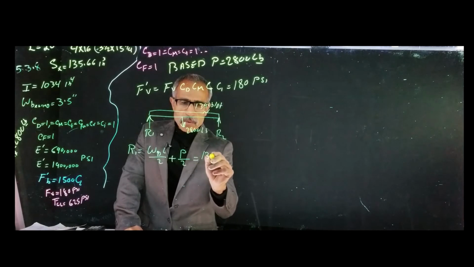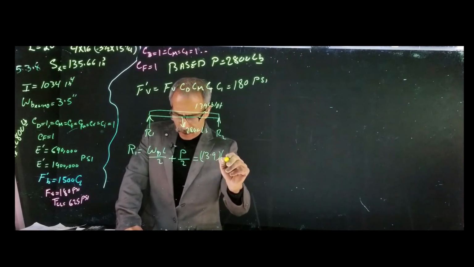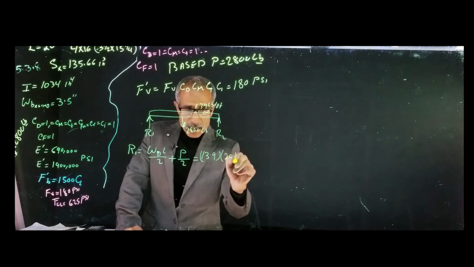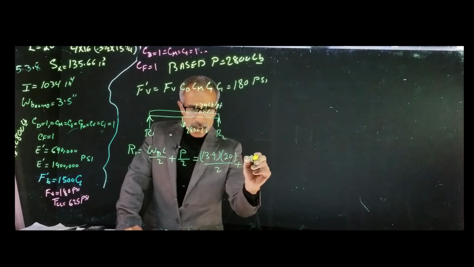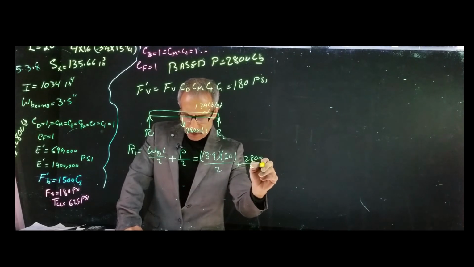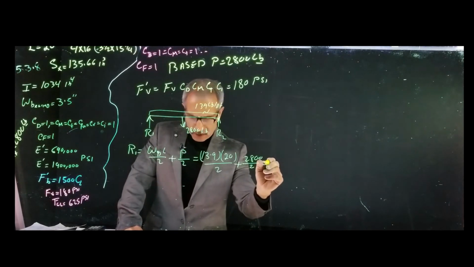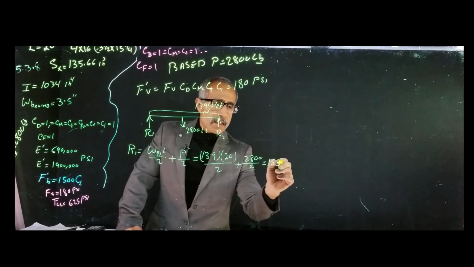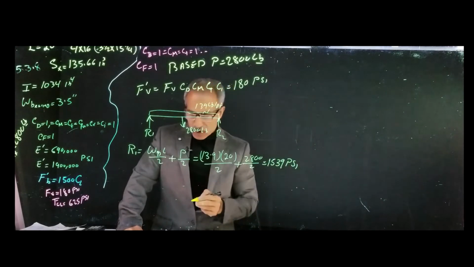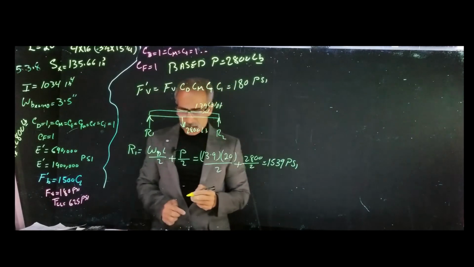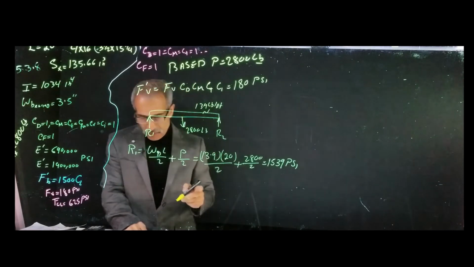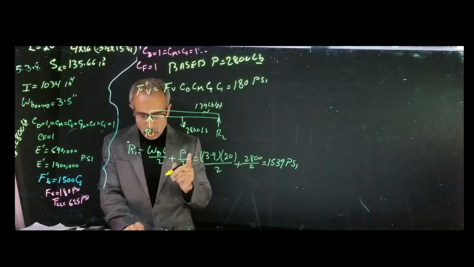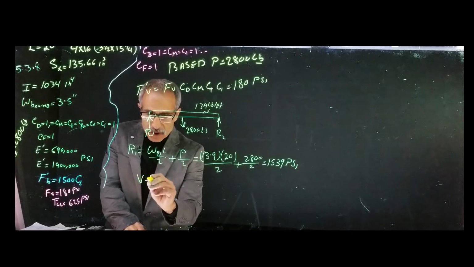So I got 13.9 times 20, divide that by 2 plus 2,800 divided by 2, and I get 1539 PSI. So that's my shear. And so V, that is my reaction, sorry. So the shear, if you look at the NDS section 3.4.2 and 3.4.3, V, the shear, is going to come out to